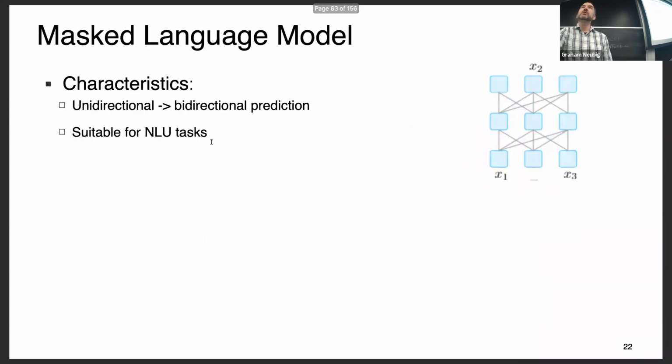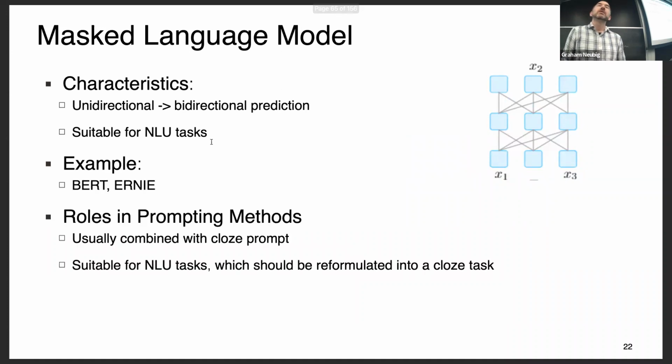Masked language models like BERT, we've also talked a lot about them as well. With respect to prompting, these are usually combined with closed prompts. So usually we use them when we can have a fill in the blank thing. They're often used not for language generation tasks, but for natural language understanding tasks. One of the most popular examples, which I'm going to talk about in a second, is predicting facts, like where somebody was born or what their job is or other things.